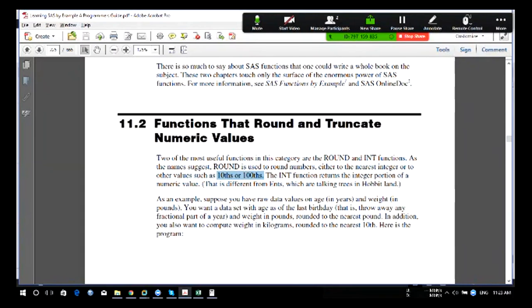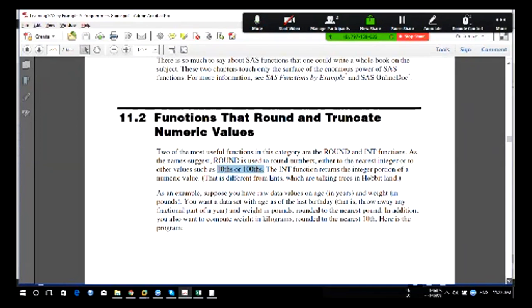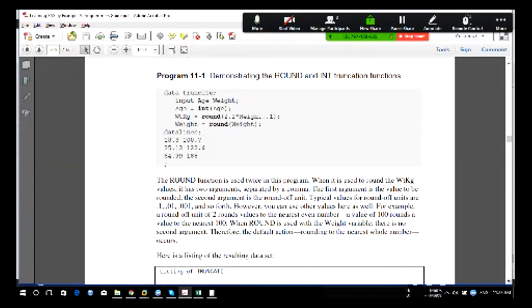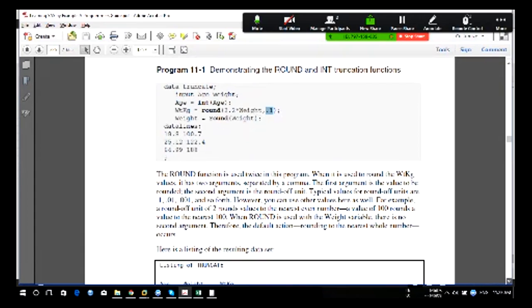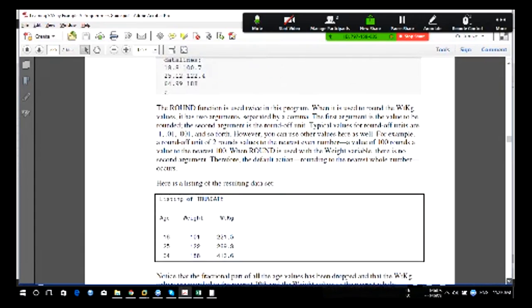This is easier; we have already used it earlier. If you apply int to this age, which is already declared over here, you will get only 18 as a number. But if you round with one decimal point, what value do you get? This is all easy, so we are not going into it in detail.